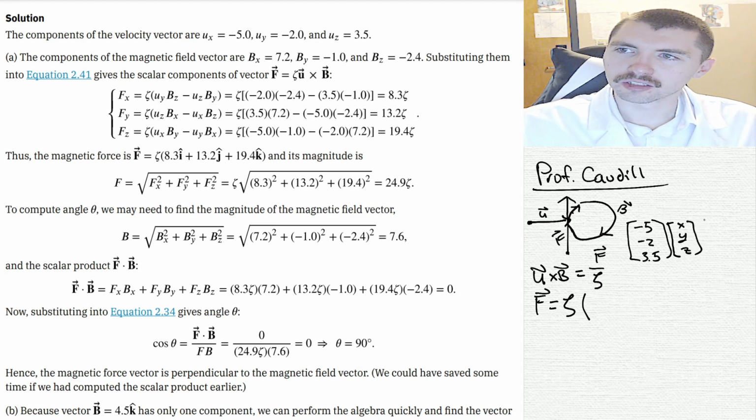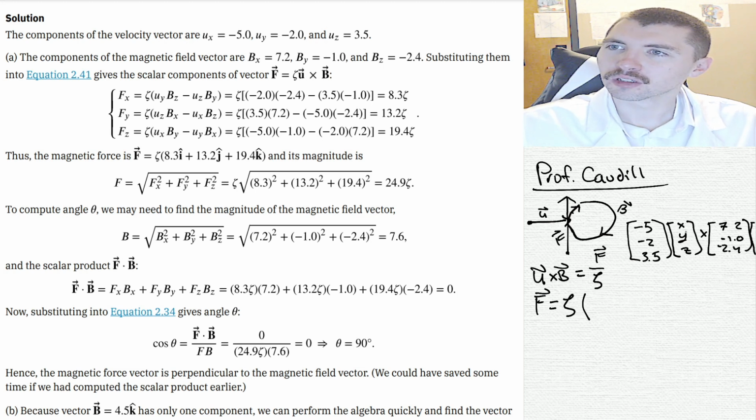And we're taking this cross 7.2, -1.0, -2.4, and same thing, there'd be a little XYZ. So we're going to take 5 times 1. That's going to be 5 minus